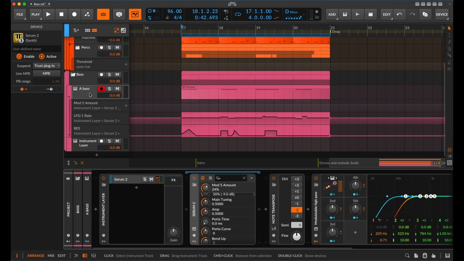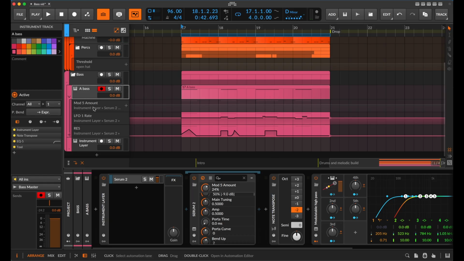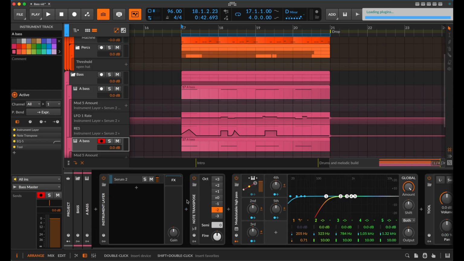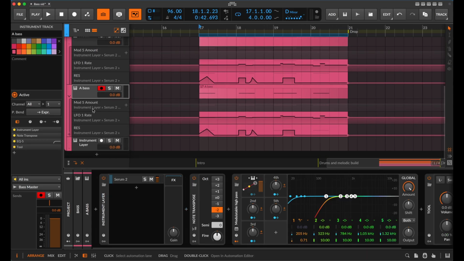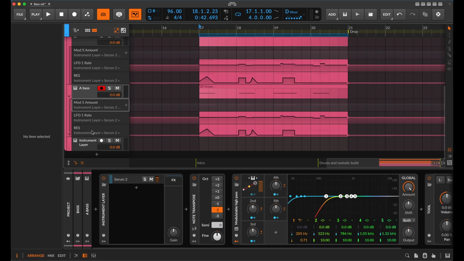Alright, just for fun, I'm going to add in one more bass. I think this note here, okay, let me just first add this bass. I'm going to use Serum again, and I'd like a lot of these things to be the same, so I'm actually just going to double this. But I'm going to delete